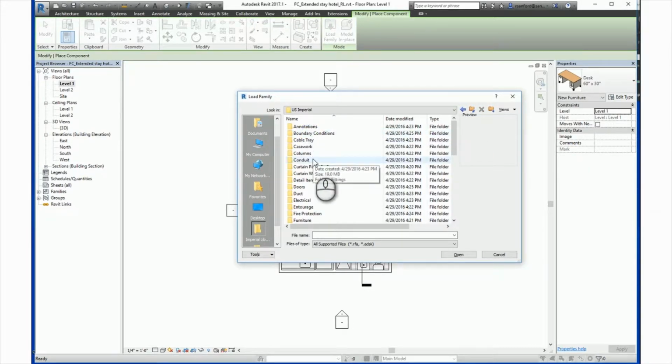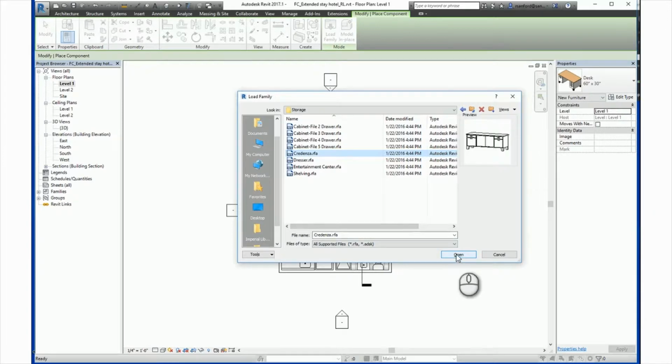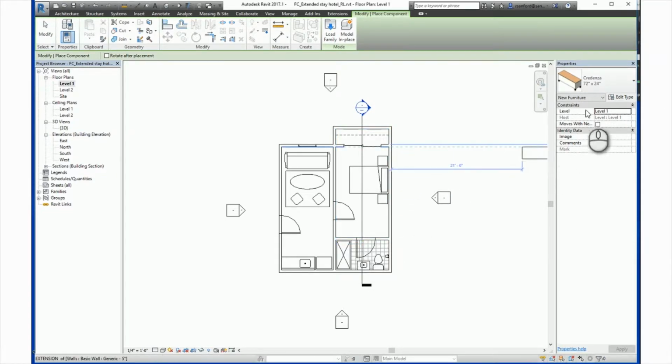For now, we're going to go to the furniture subfolder, and we're going to load a storage item, and for this we will load a credenza. So we're going to select credenza and click open. You notice under the Properties window, the credenza is now selected in the drop-down box. Here, we want to place the credenza in the bedroom of the hotel suite, but you'll notice that